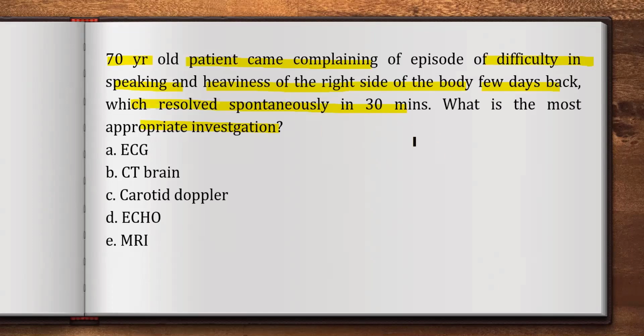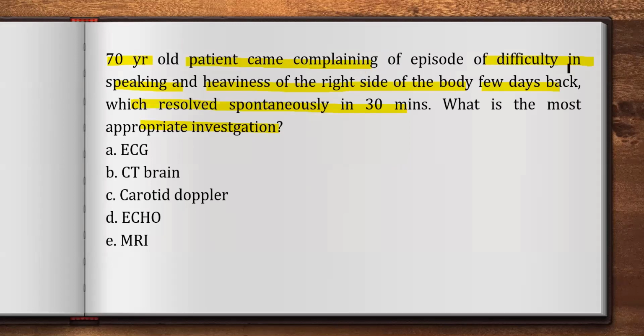The guideline is that in case of TIA, the most important thing you want to rule out is whether the patient has an ischemia now, and you can also find any previous ischemia by doing a CT brain. So initially we would go for the CT brain first. After CT brain, we will go for carotid Doppler and echocardiogram. Without doing a CT brain, going directly to the carotid Doppler, no, we will not usually go for carotid Doppler initially.